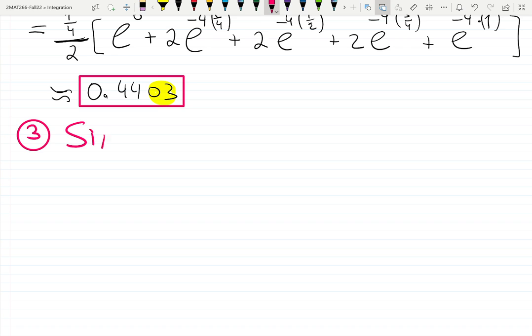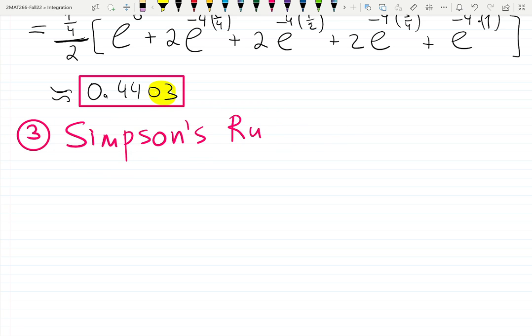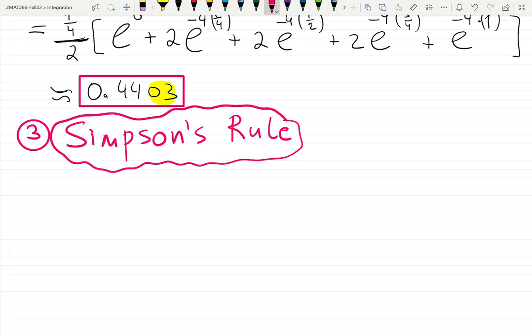Simpson's rule. That's the new one, and it's very, very famous. Imagine that they're using Simpson's rule around the world right now while we're learning it. So that's pretty cool. First of all, we don't know if we can use it, because it should only be used